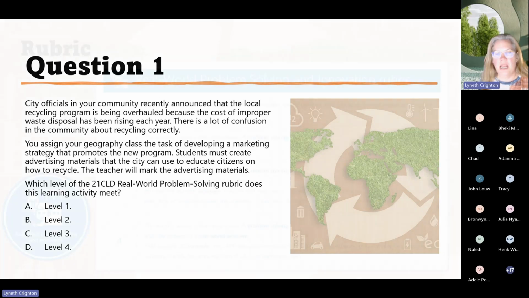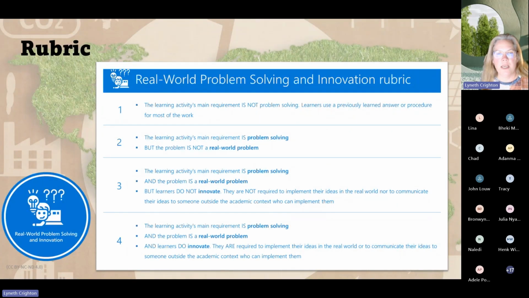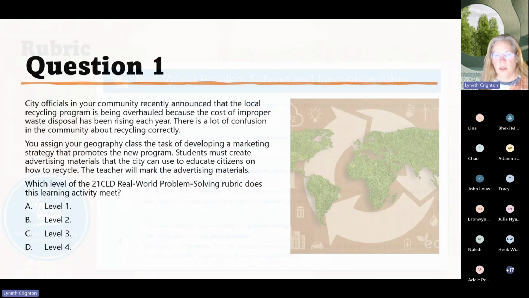And then the next question we're asking is, does it require innovation? So do you think that there's innovation? Thumbs up. And if not, wow, surprise. So I would agree with you. There is no innovation when the teacher has told you that it's a marketing strategy and the marketing strategy is the answer. So I would have said that that was a level